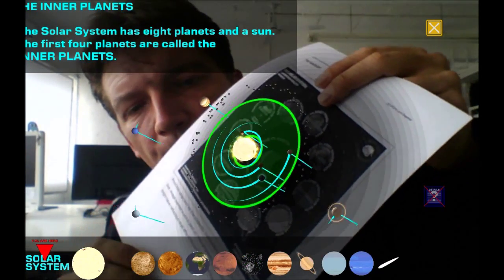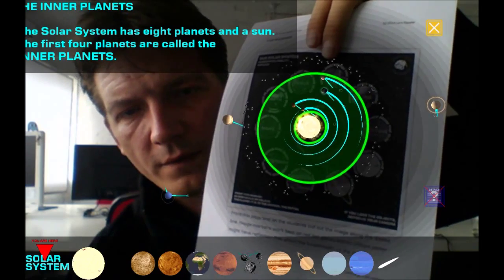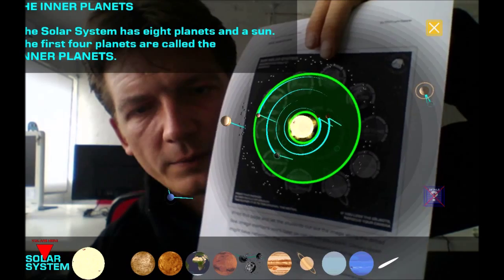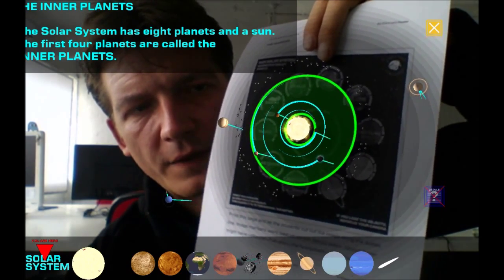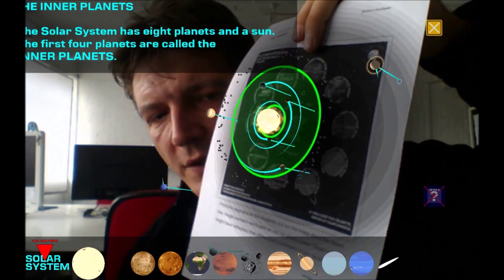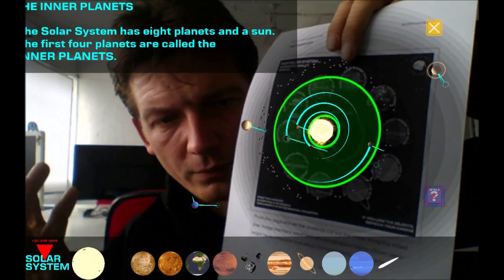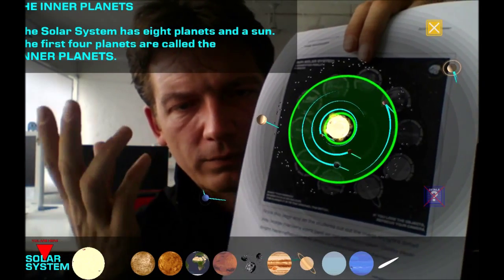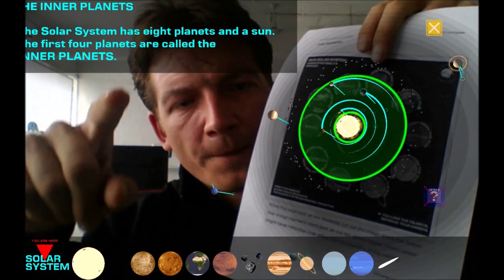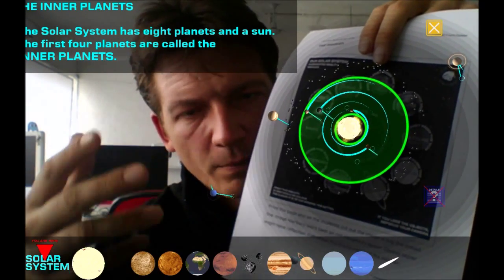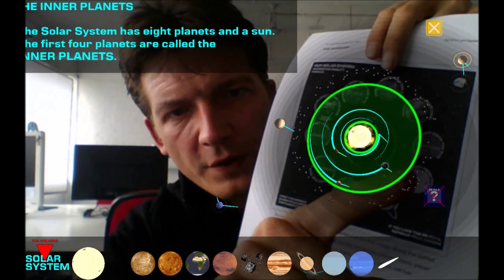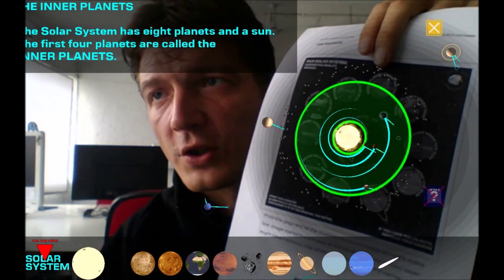Now, the text will basically tell you about the individual topic here. The first topic here would be the inner planets, which tells you a little bit about the inner planets and what we call the inner planets. As soon as you swipe the screen up and down, you will scroll through the text and get more information. If you swipe the screen left and right, you will switch to the different topics